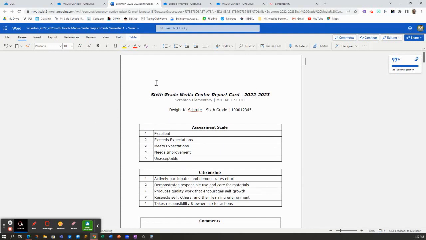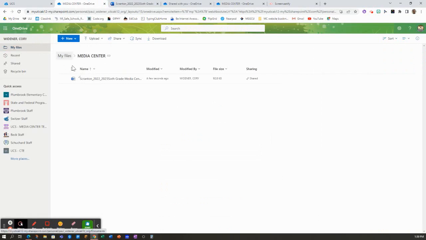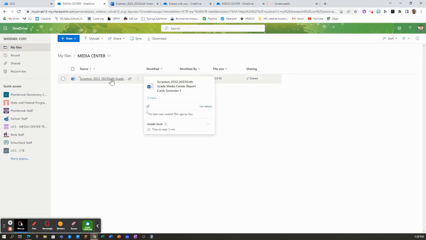Once I'm finished with my report cards, it probably opens up in a separate browser, but you could go back to your browser tab that is in your files and shows this document. You can see I modified it a few seconds ago, but once I have everything done, a copy of it is here, saved right here for anybody who needs to come and look at it, maybe later on or something like that. One thing that we have to do is get these saved as a PDF, however,